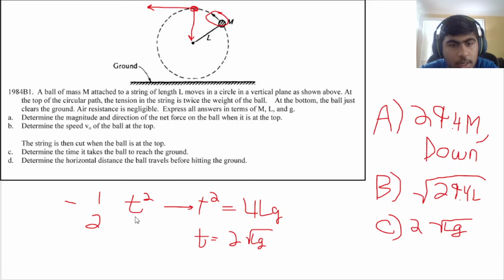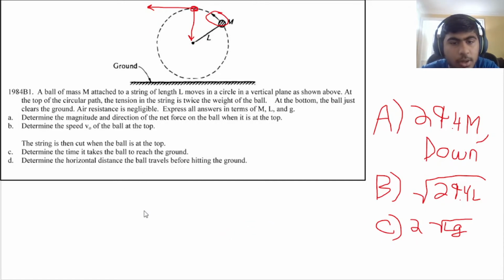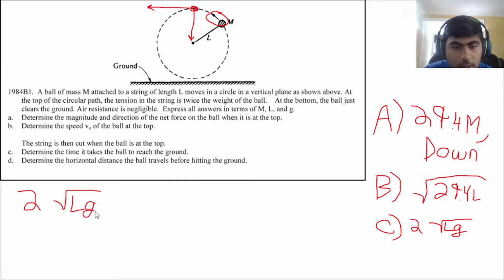Alright, now last question. At least last part of this question. We still have another free response question to go. Determine the horizontal distance the ball traveled before hitting the ground. This is really feeling like a kinematics problem now. Well, we have a time, and we have a velocity. So, in all honesty, this question is not very difficult at all, because we have our time, 2 square root of L over g, amount of time before it hits the ground, and we have a horizontal velocity, which is constant. So this times